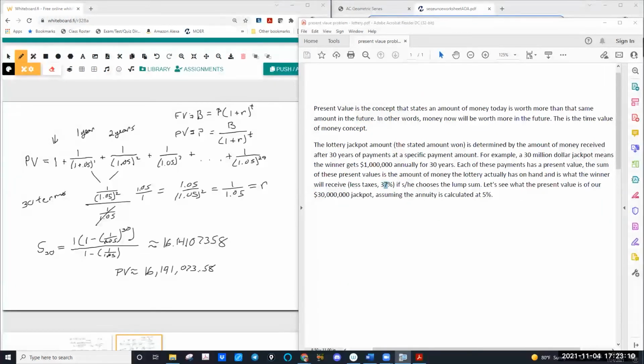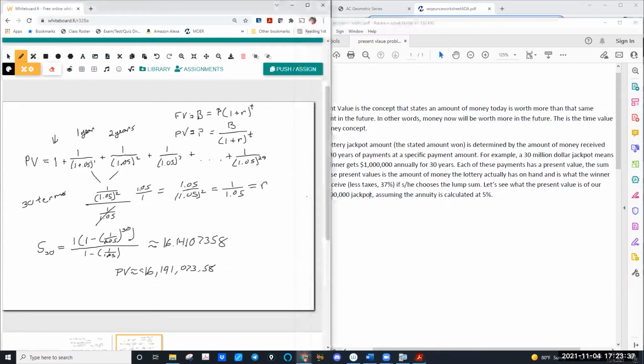But the reason I like this problem is we've all heard the lotto jackpots. We've all heard about, hey, if you take the lump sum, you don't get as much. There's a lot of theories as to whether it's better to take the lump sum or the payments. You can cross that bridge when you're in that position, right? But what I really like about this one is it shows the time value of money,